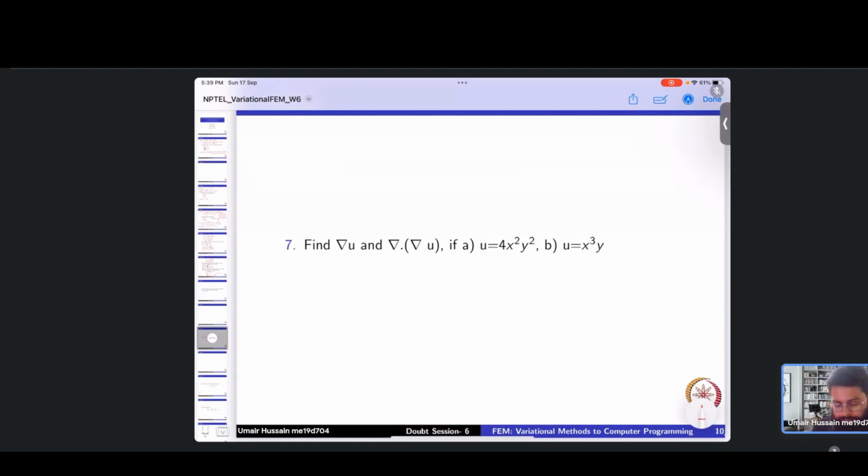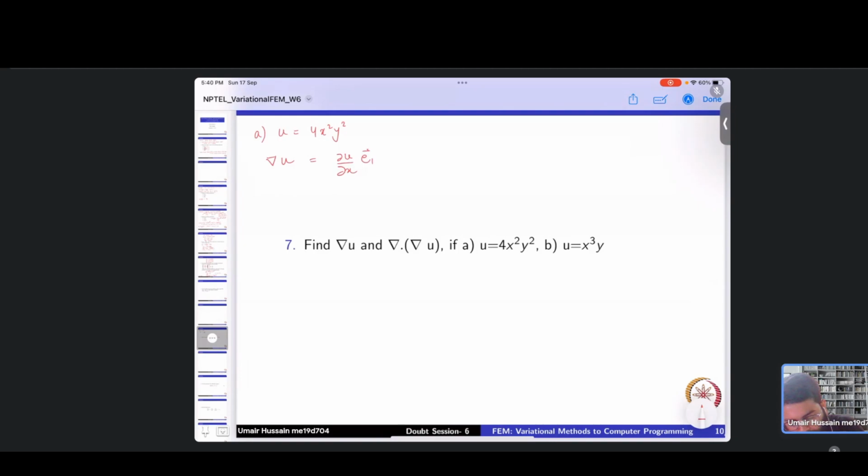All right, so now we try to understand a little bit more about the del operator or the gradient and divergence. So for the first part, we have u given as a function 4x square y square. So we need to find the gradient of u. So gradient is nothing but dou u by dou x